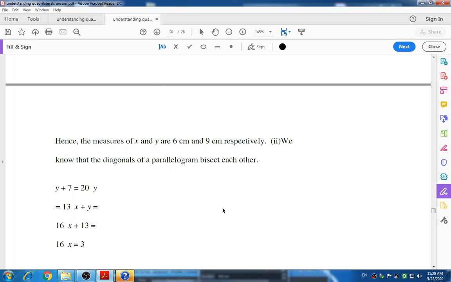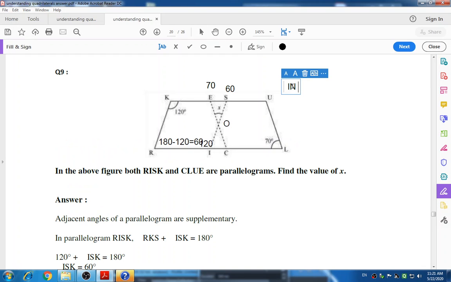So E is also 70 degrees. Okay, to find the value of x, if I give the name O to this intersection point, we can write here in triangle ESO, we can write here